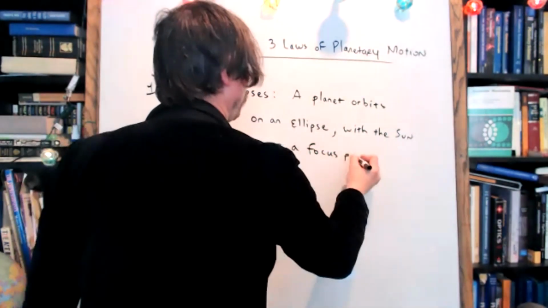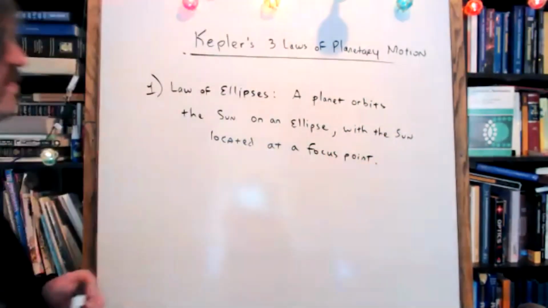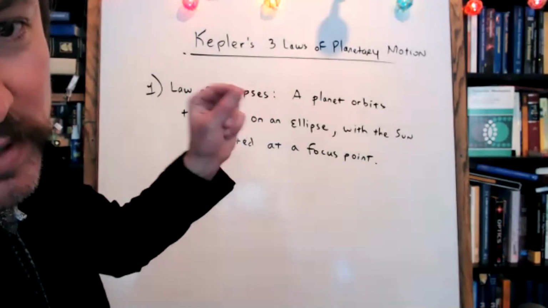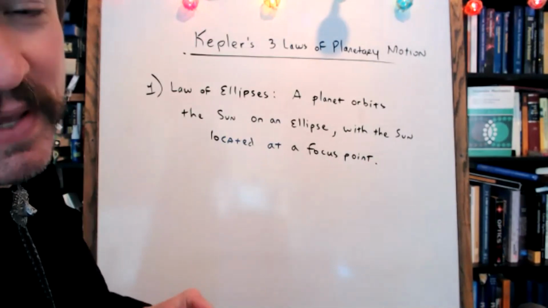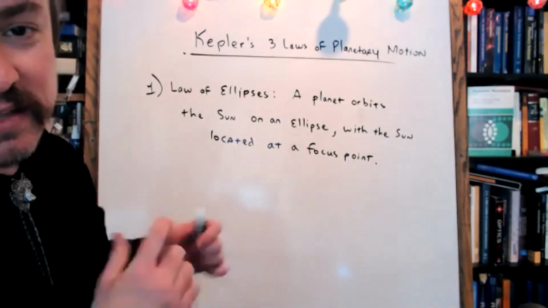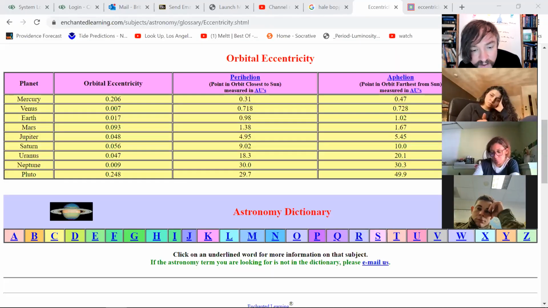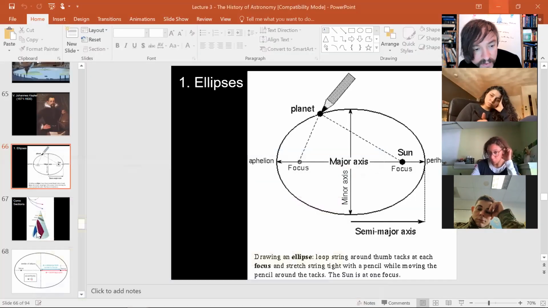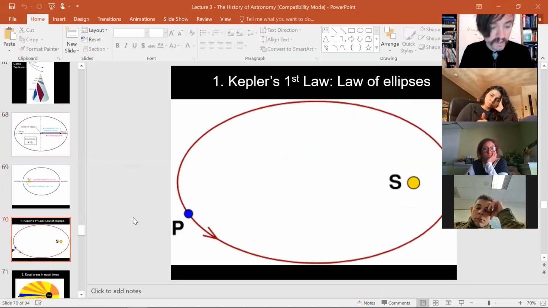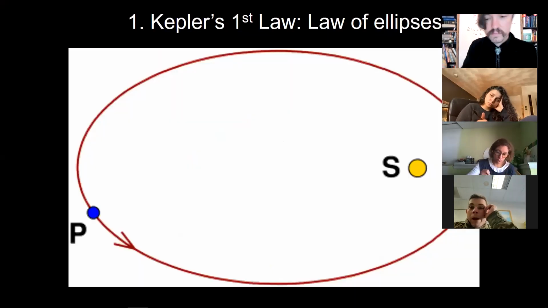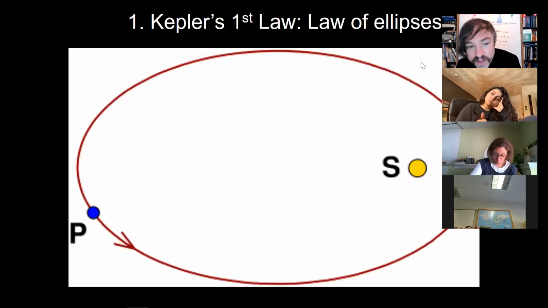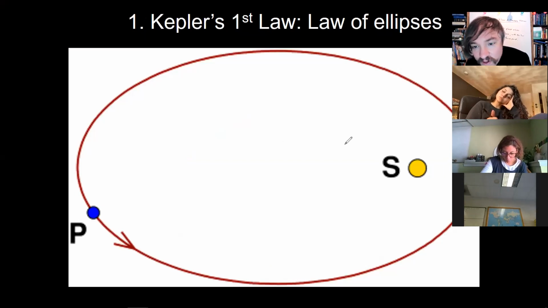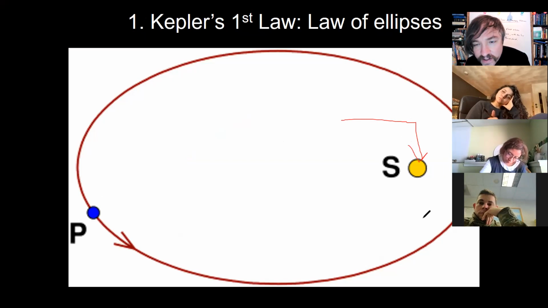And that's pretty wild, because it would probably have been very tempting for Kepler to want to put the sun at the center of the orbit, because he was, after all, a believer in Nicolas Copernicus. But his data was too good, because Tycho Brahe was too good of an astronomer. Basically, this is the picture he came up with. Kepler realized that the planets were orbiting on ellipses, but that the sun wasn't actually at the center of the solar system. It was at the focus point of the ellipse. So this is Kepler's first law in a nutshell.